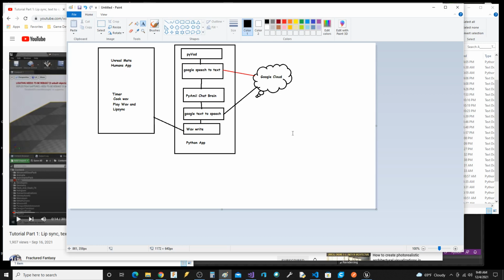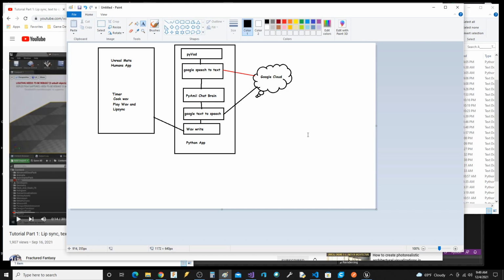A couple videos back, we were using some of the same code to move a little animated caricature around on the screen. So now we can do it, and this is kind of a hacked way of doing it, but as a prototype, we can do it with metahumans.